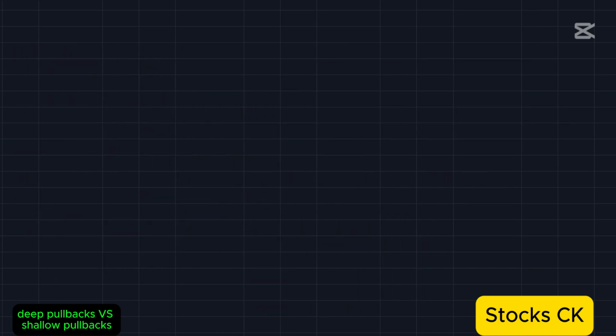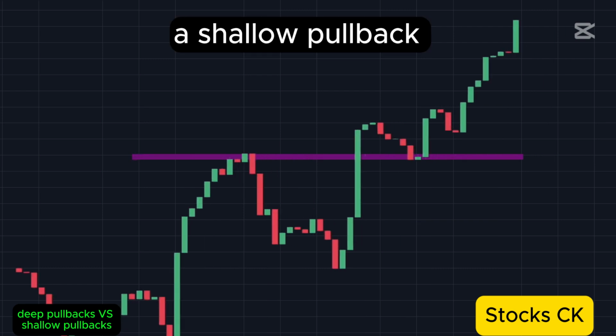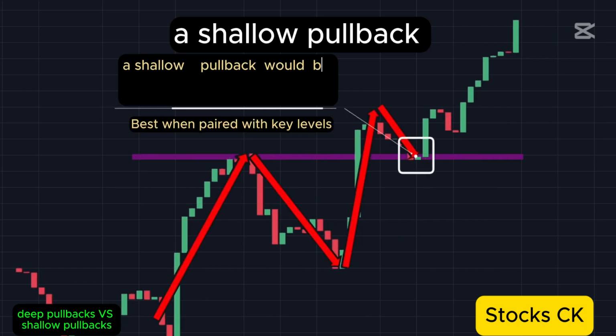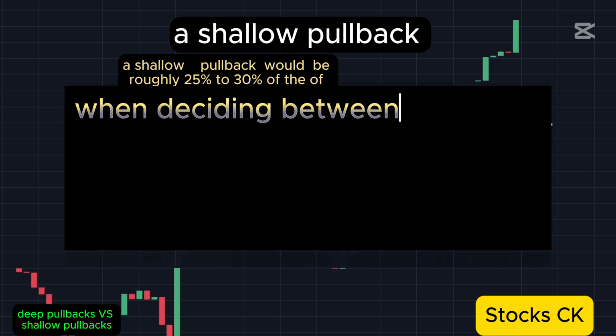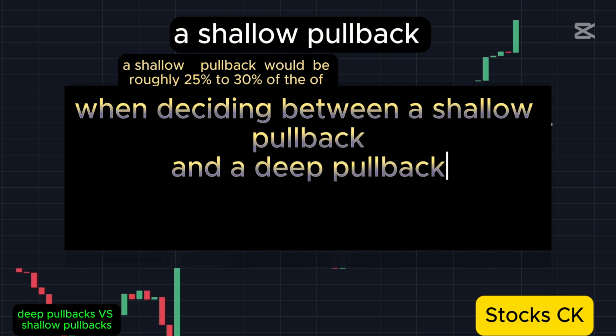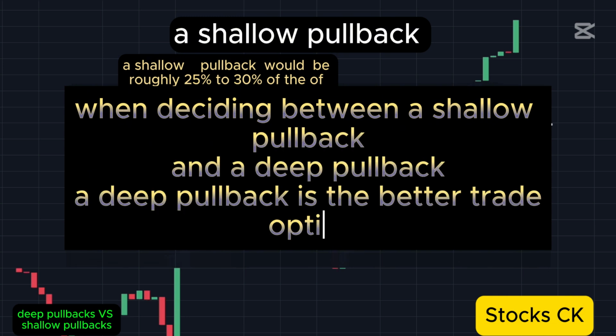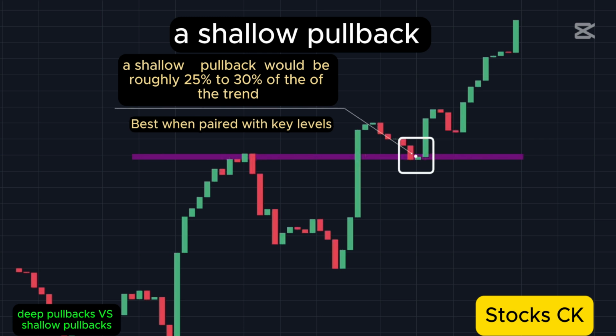In contrast, a shallow pullback would be roughly 25% to 30% of the current leg of the trend, which is still a great trade setup. But when deciding between a shallow pullback and a deep pullback, the deep pullback is the better trade option. So next,